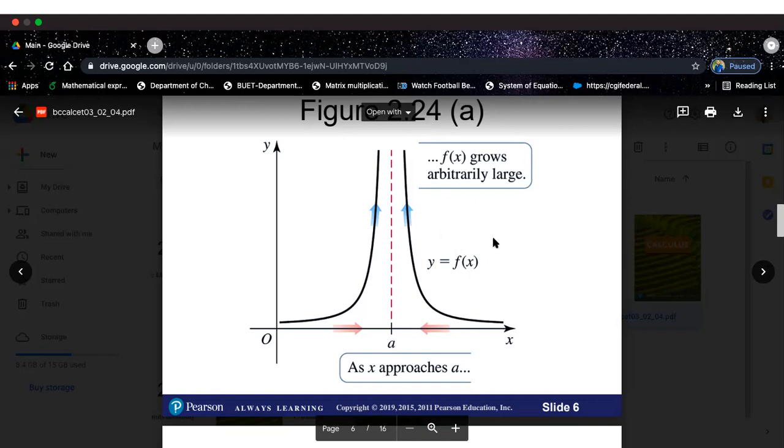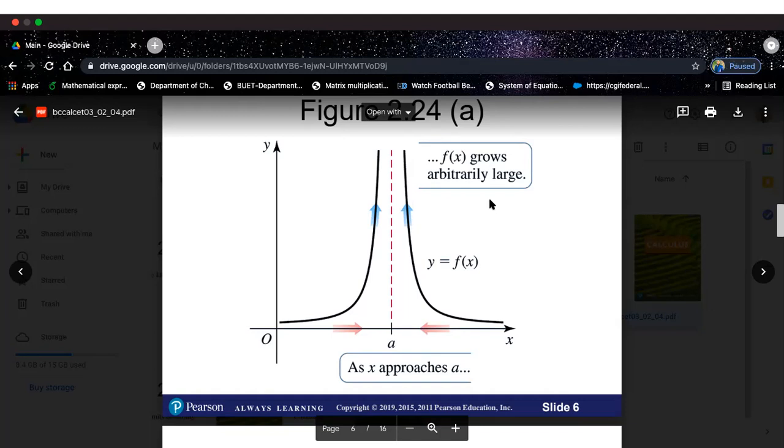I'll show that to you. But anyway, when the function is positive and it keeps growing arbitrarily large, we can say that it's moving towards infinity, or the limit is infinity, or in other words, the limit does not exist, even though